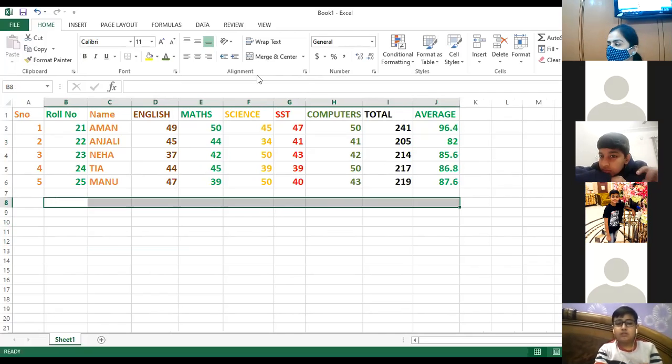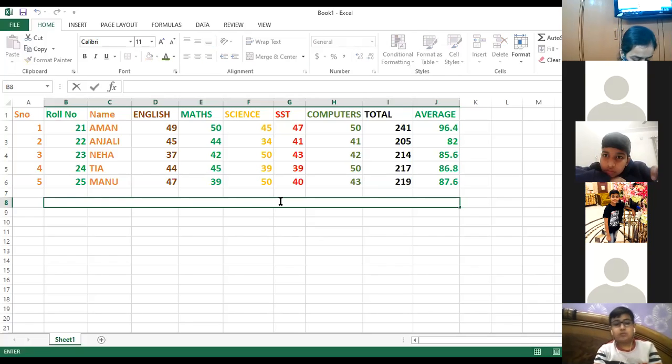Now in the alignment group, this is your alignment group of the home tab, there you have the merge and center option. When I click on the merge and center option, you can see all the columns and the rows have been merged. So here I can type: result sheet of class 6.